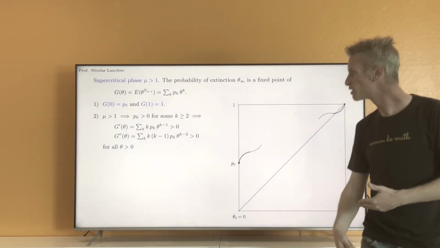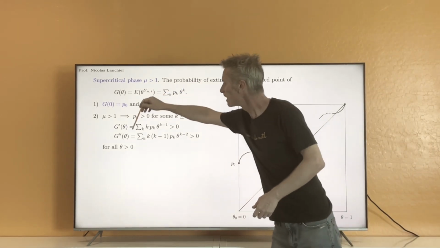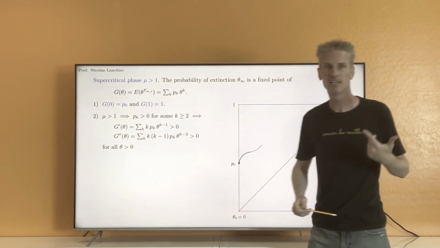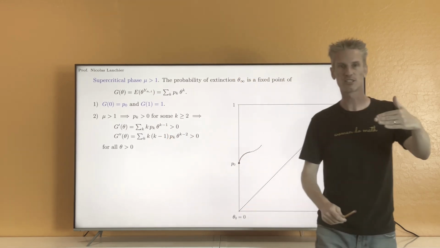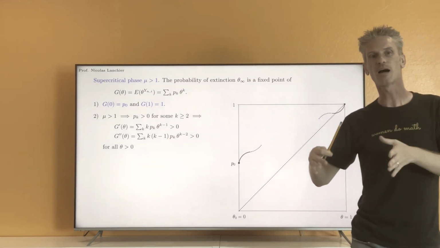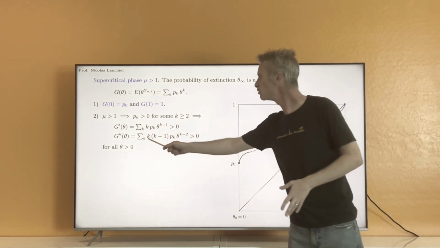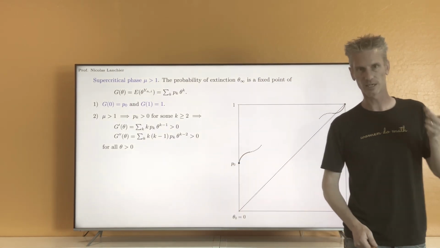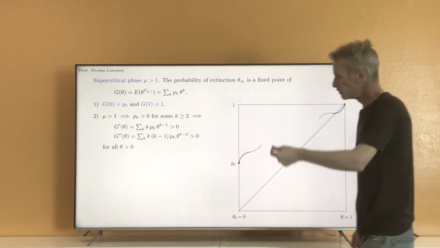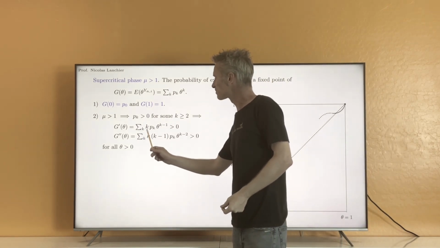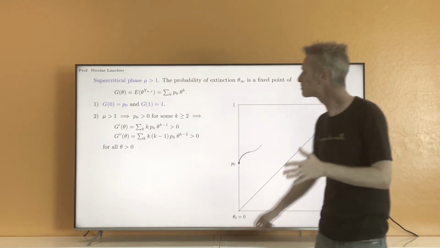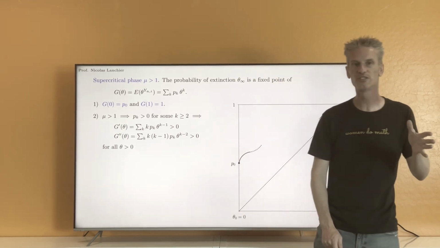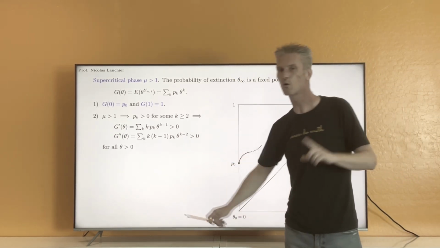Now, to compute the second derivative, you are just going to look at, again, the derivative of this infinite sum, but the derivative of theta to the power k minus 1 is k minus 1 times theta to the power k minus 2, which gives you this expression here. Okay? So notice that this k here is 0 if k equals 0. And this product k times k minus 1 is equal to 0 if k equals 0 or 1.